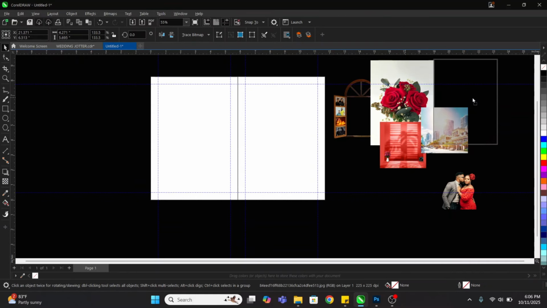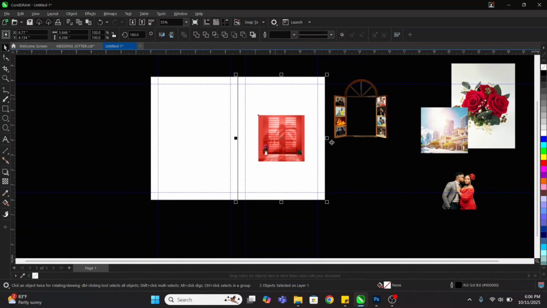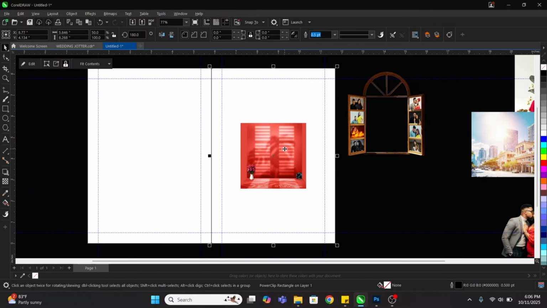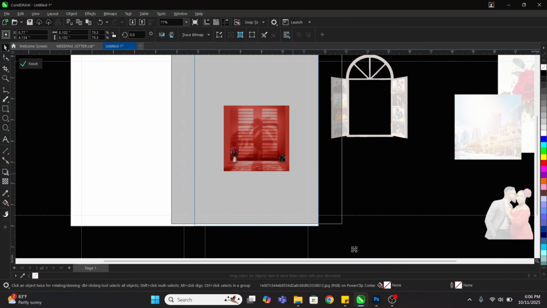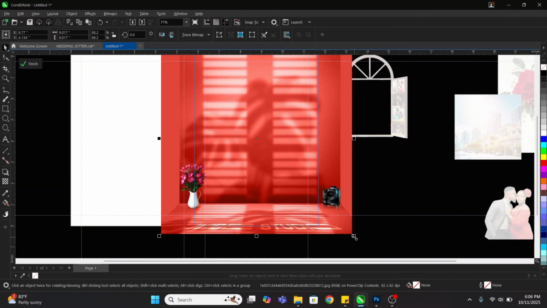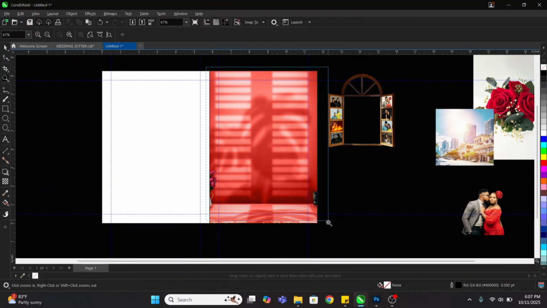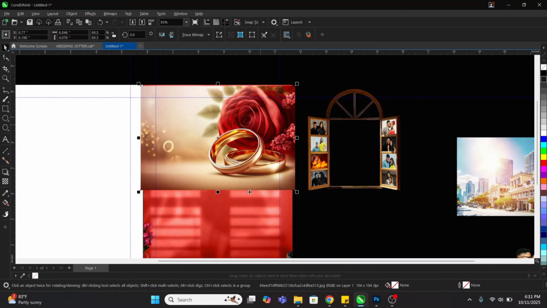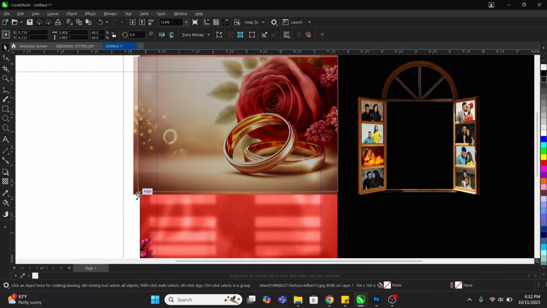Right, so the first background that we are going to bring in is this guy you're seeing right here. We're going to bring this background in like this, and then we're going to right click on it and then PowerClip it inside the container, right? And then we'll now go inside the container and then we'll increase it this way, right? Increase it like that, and then we'll click on finish, right? So when we've done that, the next thing that we're going to bring in is this image you're seeing right here, right? So we are going to make sure it is centralized. Let's take it down this way,